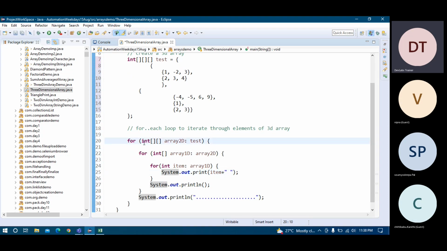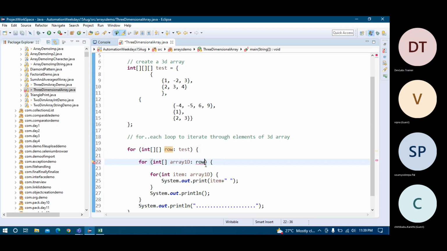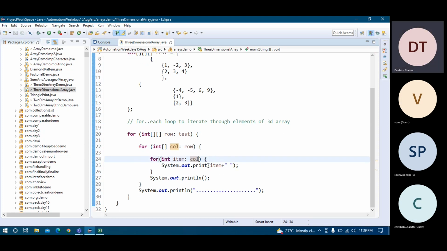So this is a way of doing that. Both ways you can try. One is indexing. If you find it complicated, you can do this. Your array name is test, you see here. You put test for the outer one, and you create a local row one. This is the row array, so you pass it here. And this is for the column, you pass it here. Understand? And for each item, you don't need to pass an index.